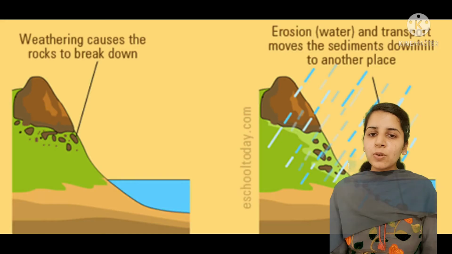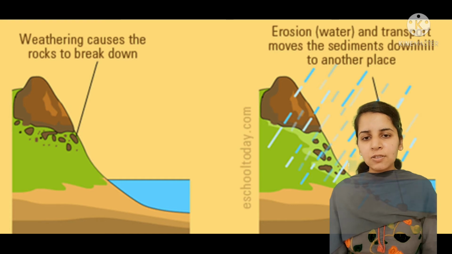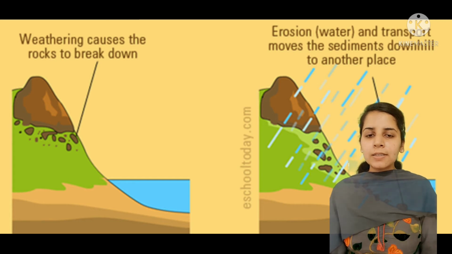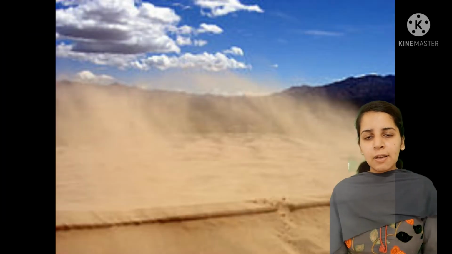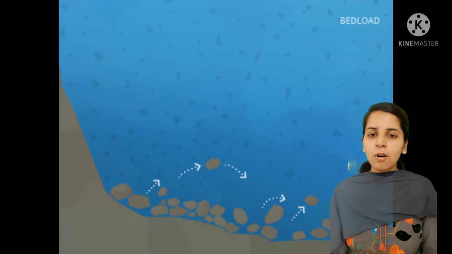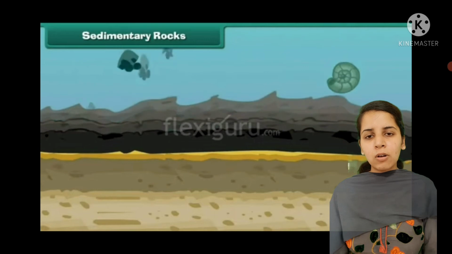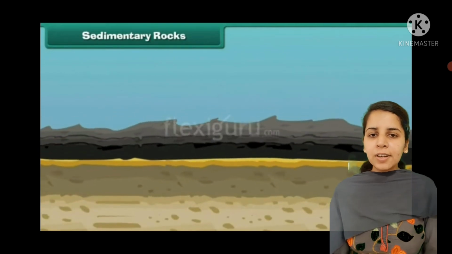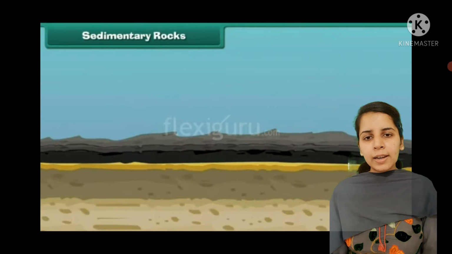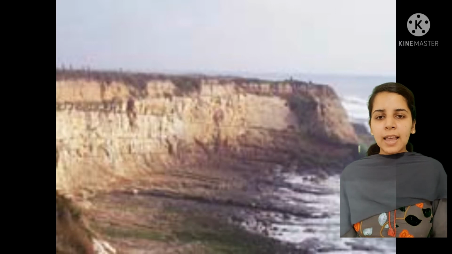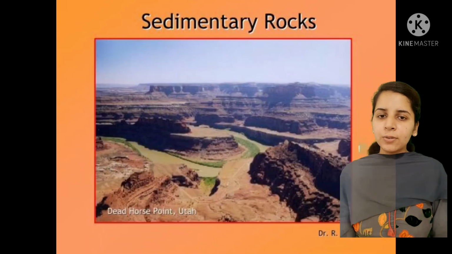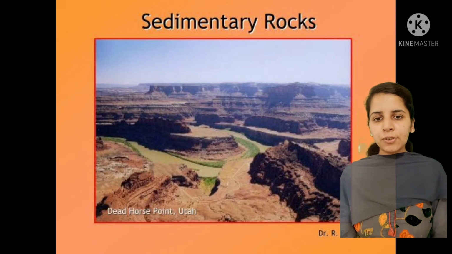Now, the continuous process of heating and cooling of mountains by rain, wind or sunlight causes a breakdown of rocks into smaller pieces. Now, these smaller pieces are carried down by rivers and strong wind into seas and lakes, where they sink to the bottom and form layers. And these layers are called sediments. These sediments build up and press down the lower layer, and the continuous pressure on the lower layer hardens them into rocks, and these rocks are called sedimentary rocks. So this is how sedimentary rocks are formed.